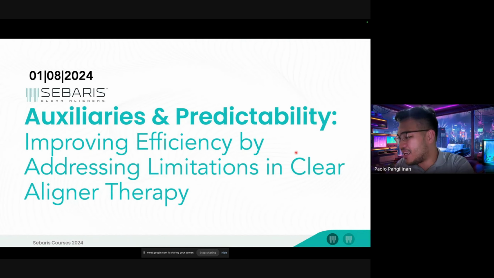Tonight's topic is going to be all about auxiliaries and predictability. The concept is: how can we improve efficiency by addressing limitations in clear aligner therapy? When I was thinking of this topic, I didn't want it to be something like, oh yeah, you place elastics and everything. Sometimes the reason we're asking for auxiliaries and predictability is that there is an internal issue that we actually need